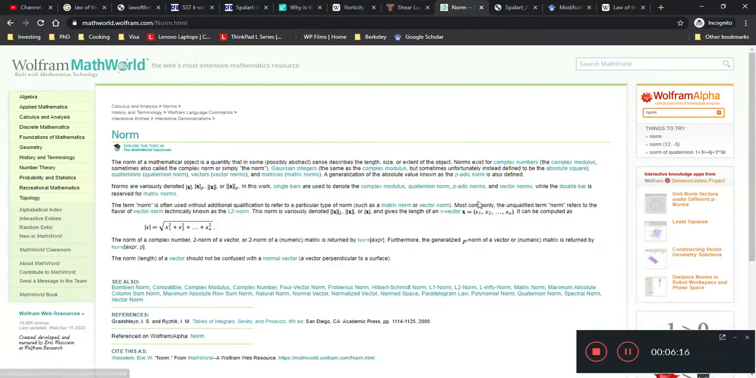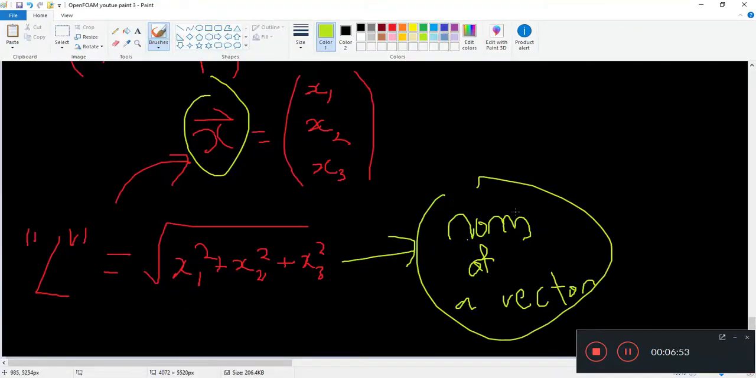If you look at this part, it says most commonly the unqualified term norm means, if someone mentions the word norm without any other specification, it refers to the flavor of the vector, and it's more technically known as the L2 norm. And this is very important. What it means is that it gives the so-called length of the vector. So this norm of a vector is actually called the L2 norm,